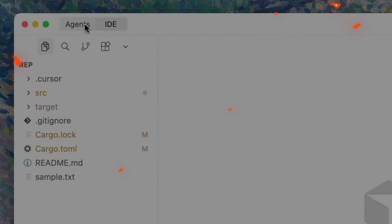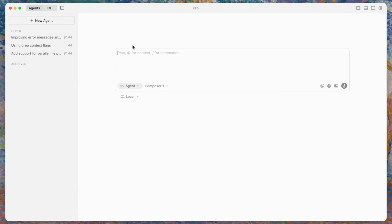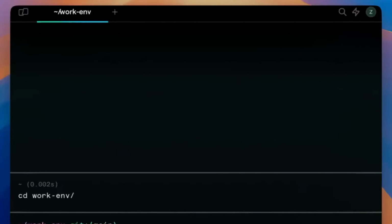Quite recently, we saw Cursor 2.0 finally rolling out with an agent UI, and Warp shipping its biggest terminal overhaul